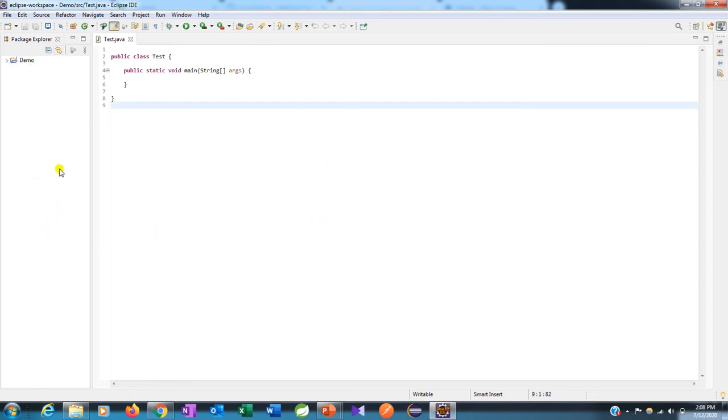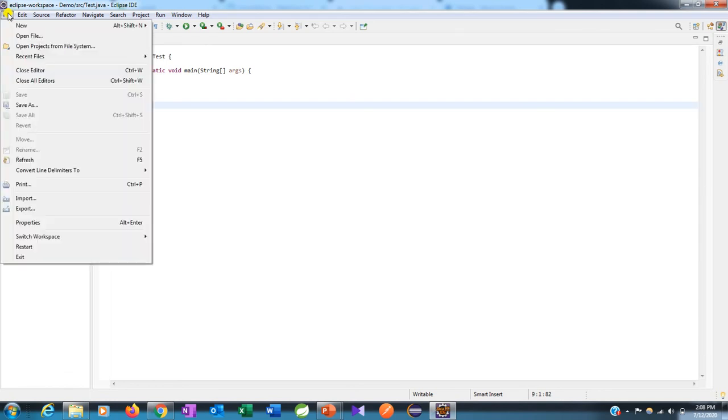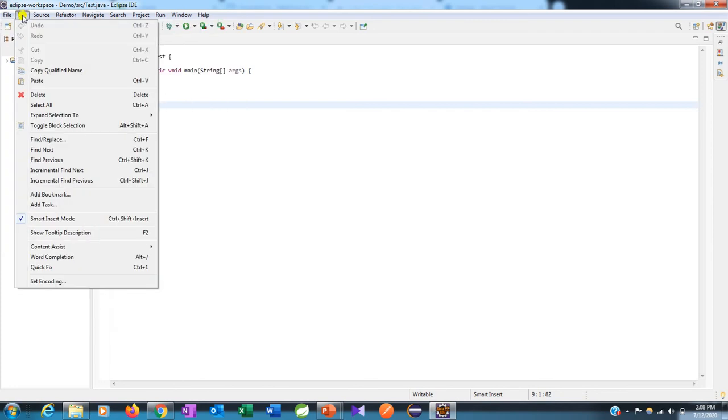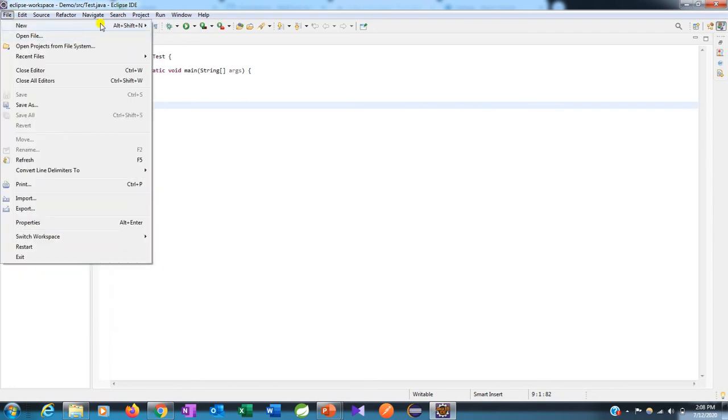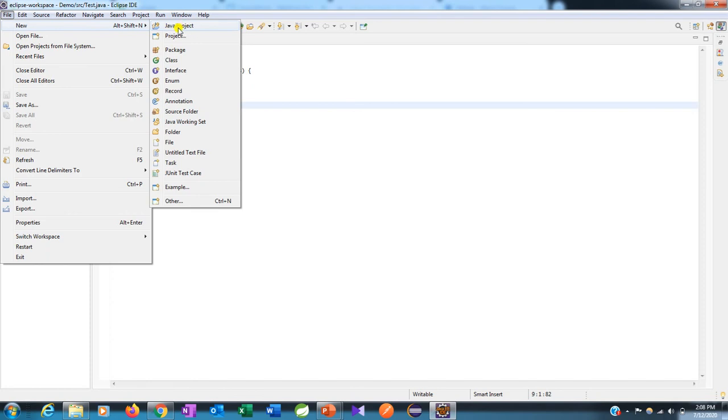Now I have already created one project for you, and as a new user you will see the blank home page of the Eclipse IDE. So these are the few options. As you all know, File always gives new, save, resend, close, these types of options. These are the basic options for File. From here you can click on new, and once you click that, you will be able to see Java project, or it will also give you Maven project.